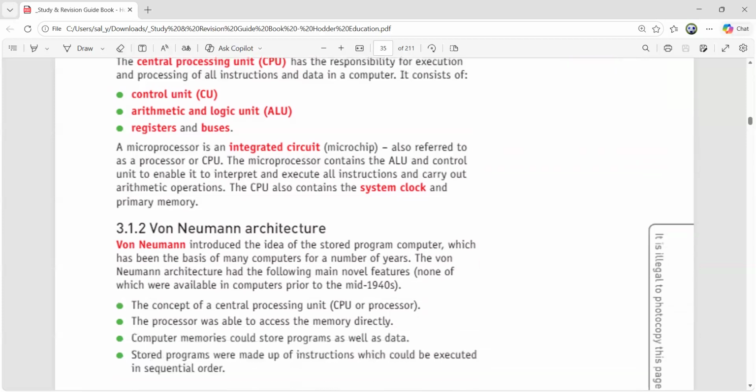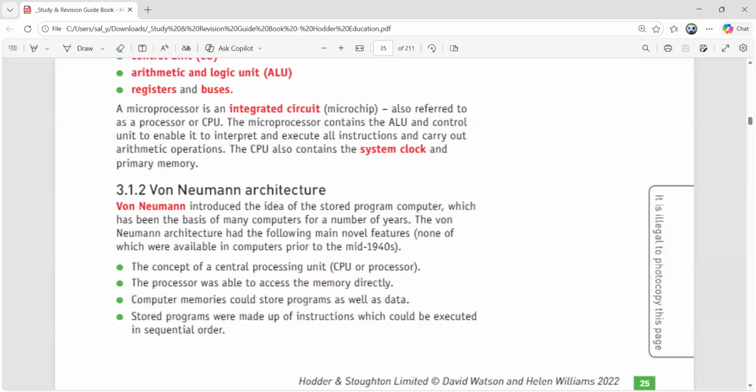What is von Neumann architecture? Before the introduction of von Neumann architecture, what was happening? Everything was hardwired. There was no concept of a program. So von Neumann was the person who said that there should be a program, and people should be relieved from carrying out their tasks, and the program will be there to take care of the human's work. He proposed the idea somewhere in the mid 1940s. So before the introduction of this von Neumann model, everything was done by the people then and there. Every instruction was written and people were doing it just then and there.